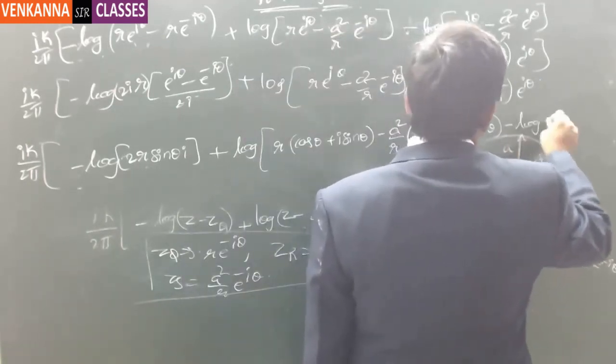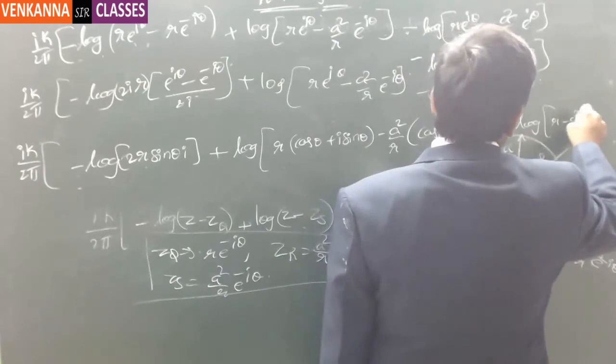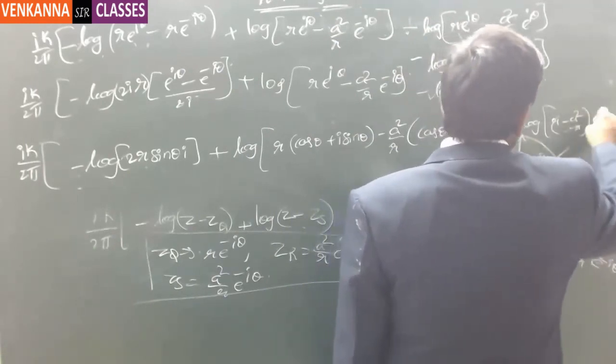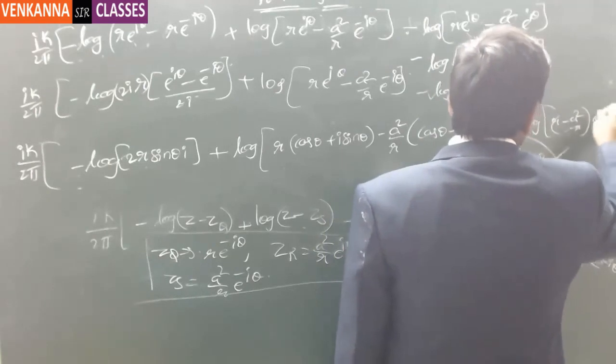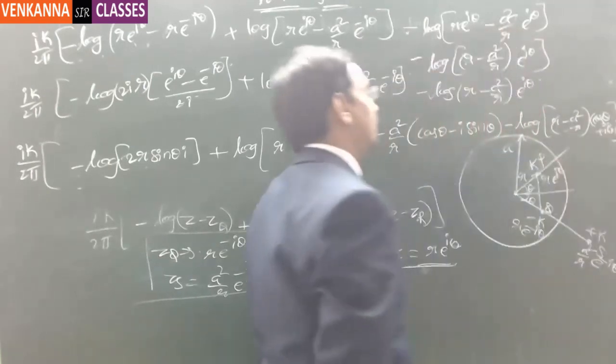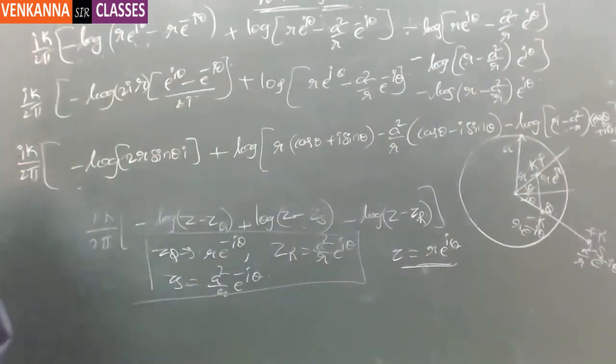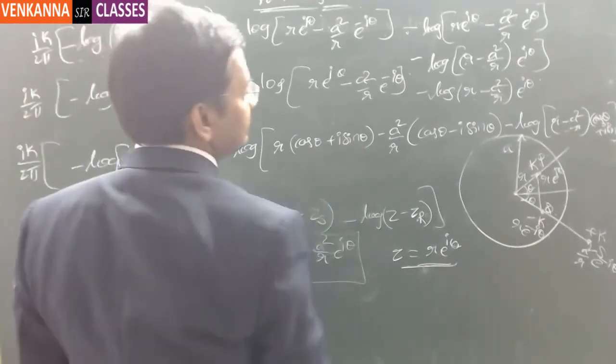Log r minus a square by r times cos theta plus I sin theta. So this is how you can separate the real part and imaginary part. Now from this, if you take the log out of all these things, here cos theta plus I sin theta,